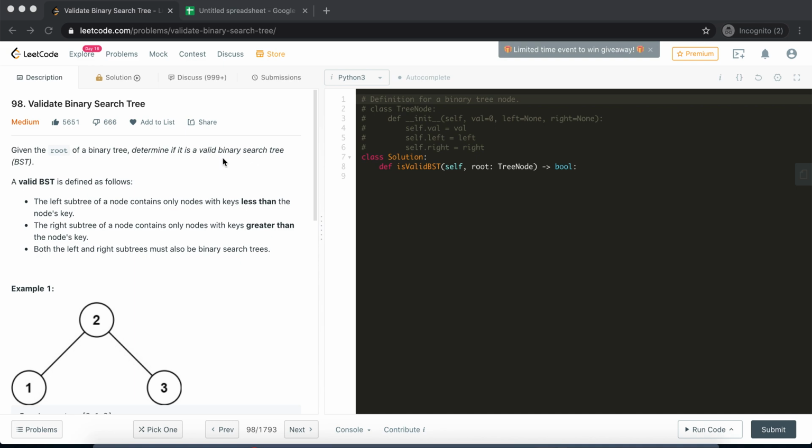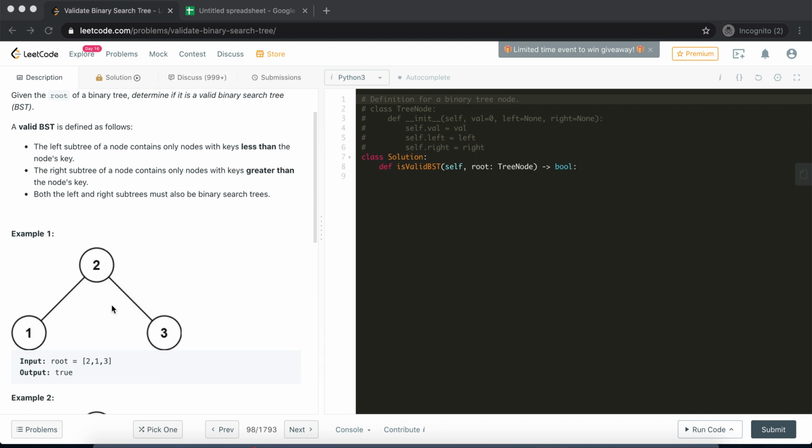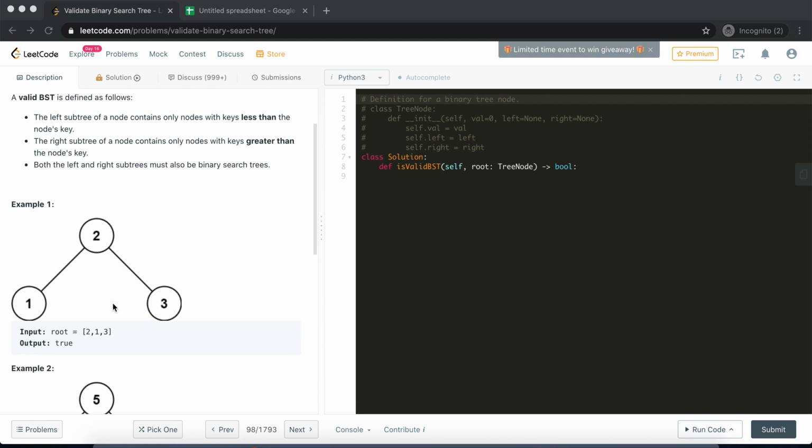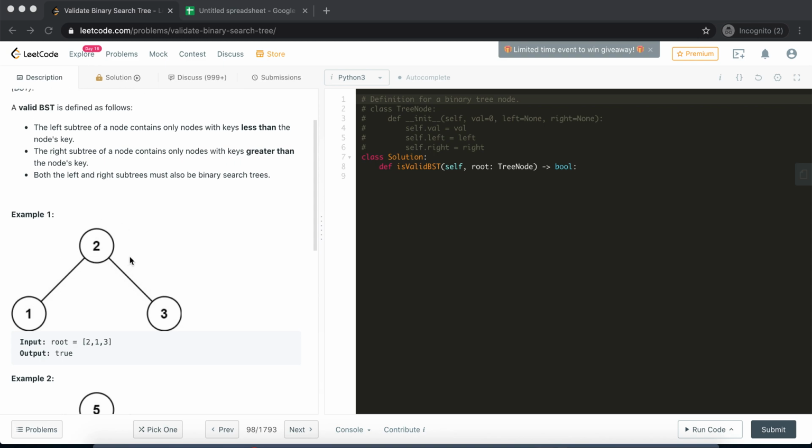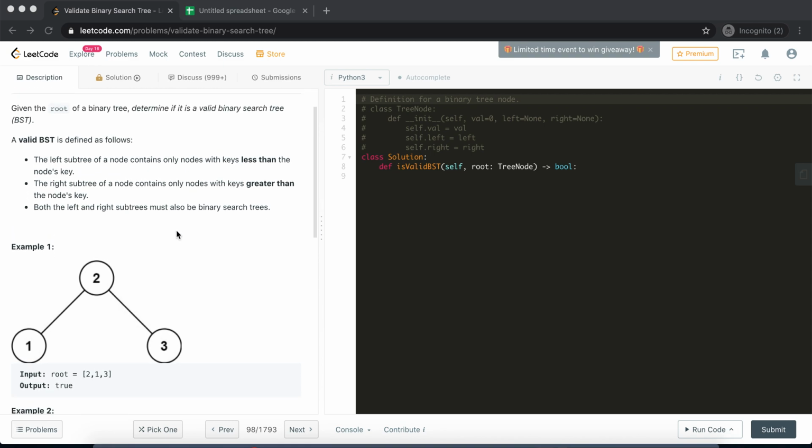Now a binary search tree is a special type of binary tree where it follows these conditions. So for example, this is a binary tree. Now this can be a binary search tree when all the nodes to the left of this node are less than this value, and all the nodes on the right side of this node are greater than this value. That is the basic condition, and this should be true for all the nodes in the tree. If all the nodes obey this condition, then it's a valid binary search tree. So yeah, that's